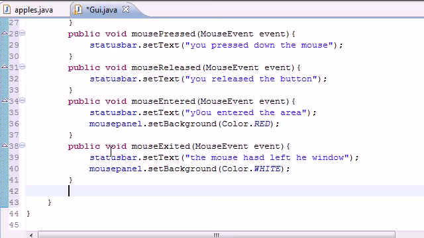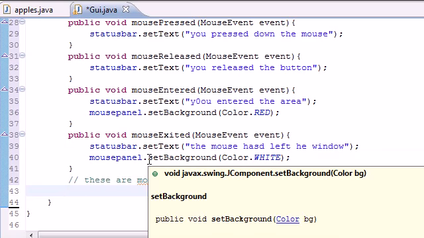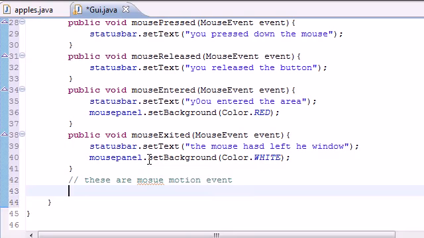So public, I'm going to make a little comment. These are mouse motion events, so not just the typical mouse listener or whatever. So the first method we need to make is called mouse dragged. So public void mouse